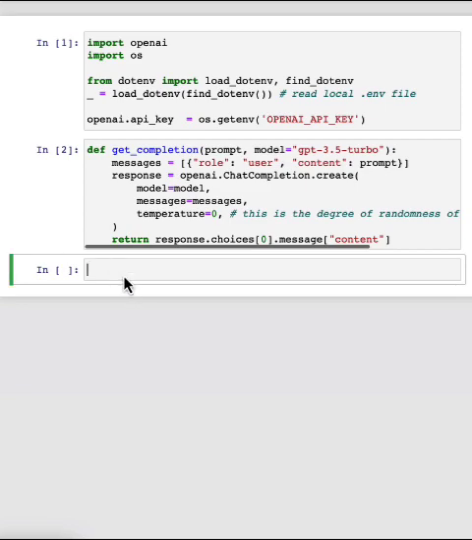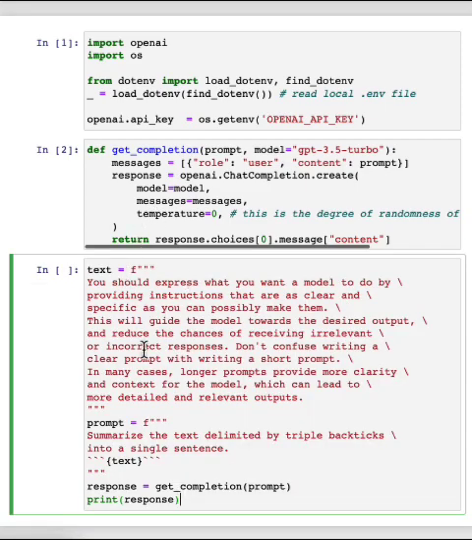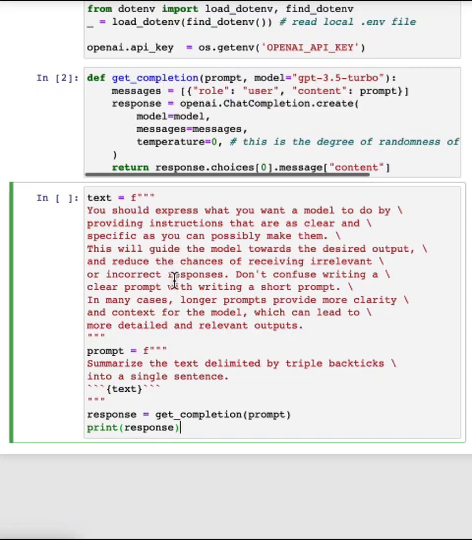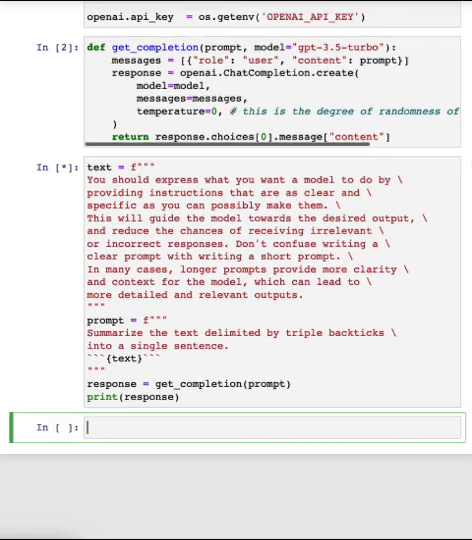So I'm just going to paste this example into the Jupyter Notebook. We just have a paragraph, and the task we want to achieve is summarizing this paragraph. In the prompt, I've said, summarize the text delimited by triple backticks into a single sentence. And then we have these triple backticks that are enclosing the text. To get the response, we're just using our get_completion helper function, and then we're just printing the response. So if we run this,